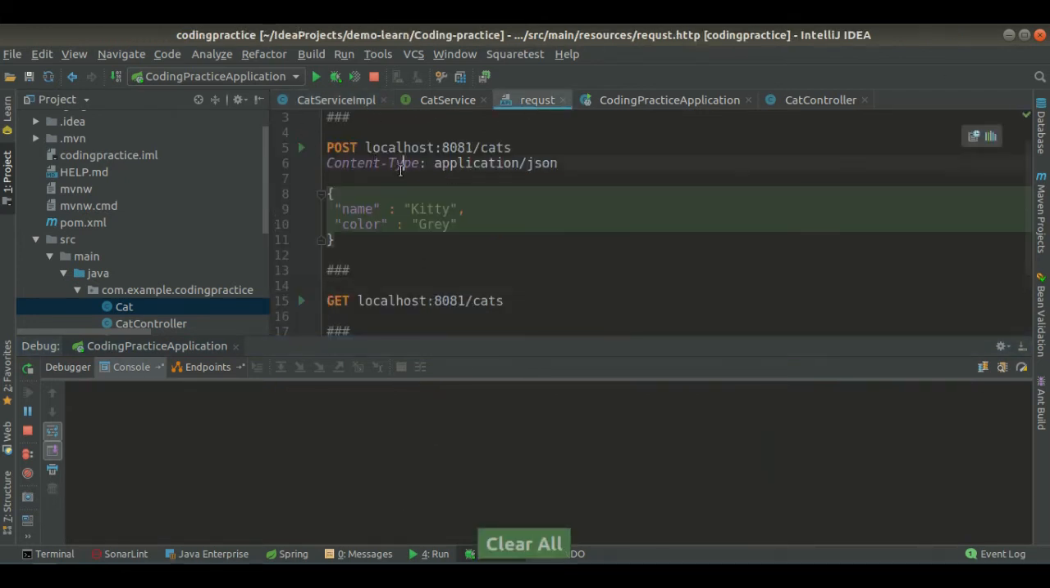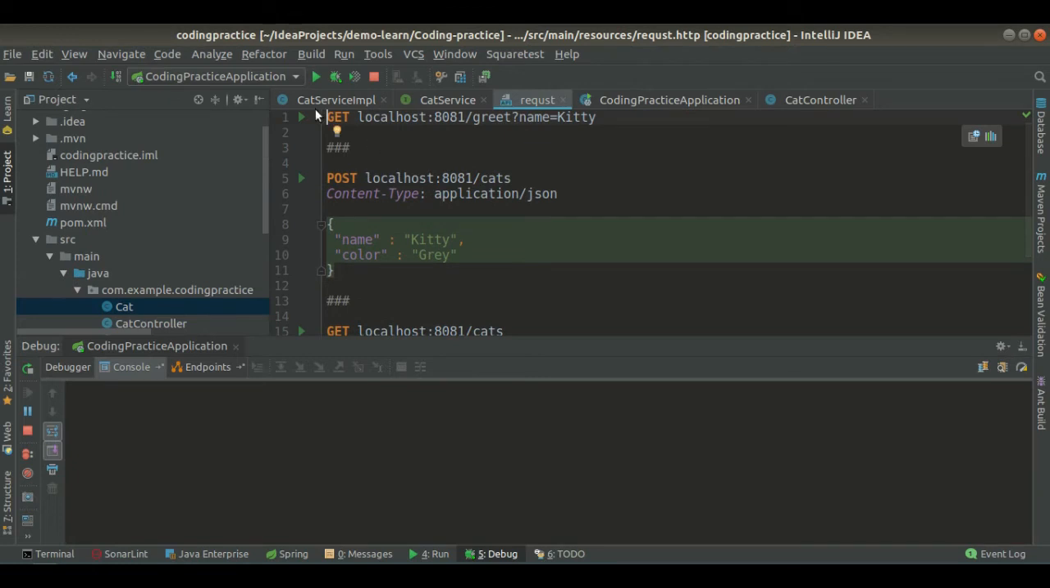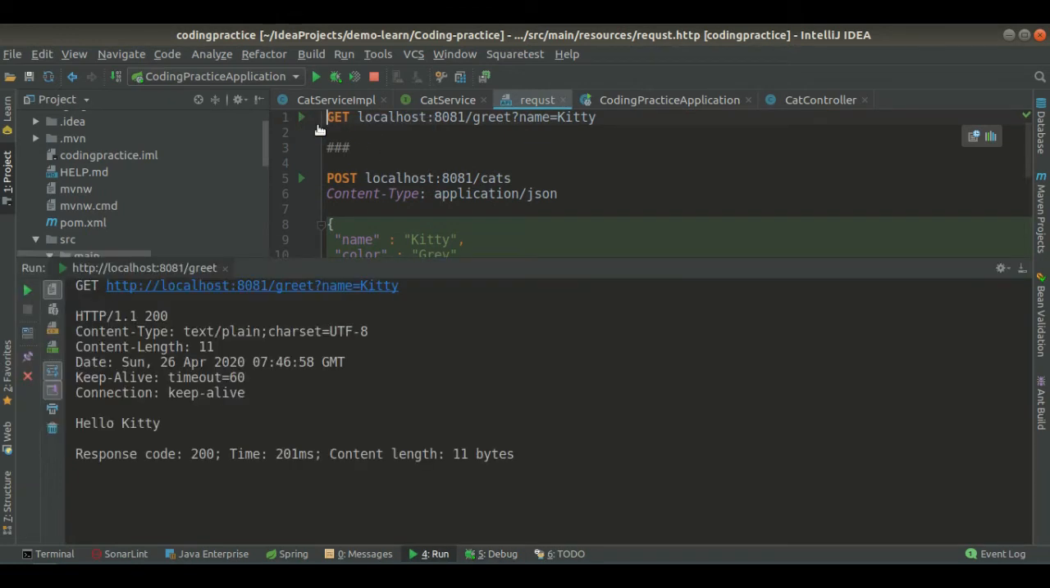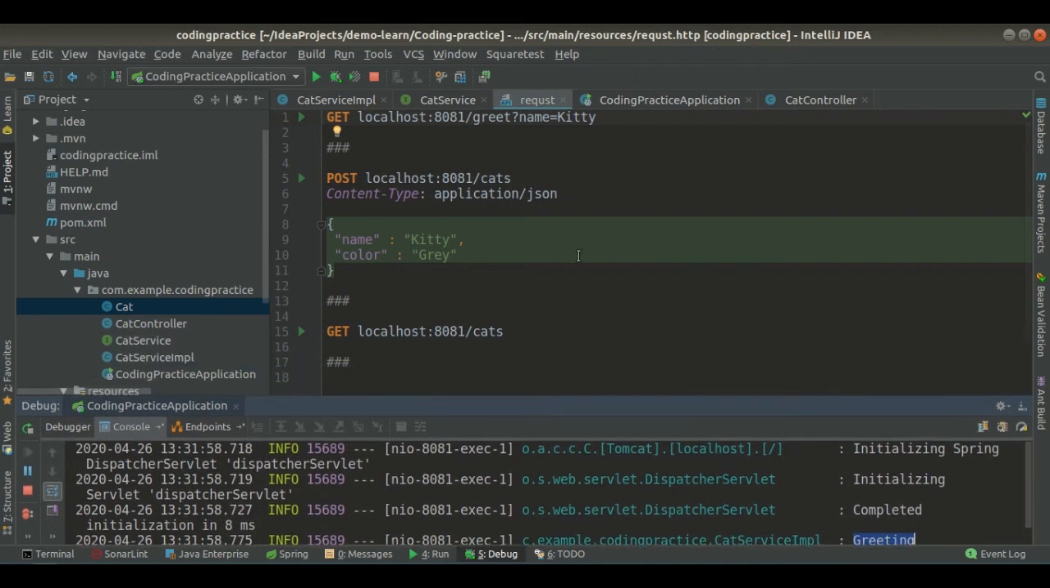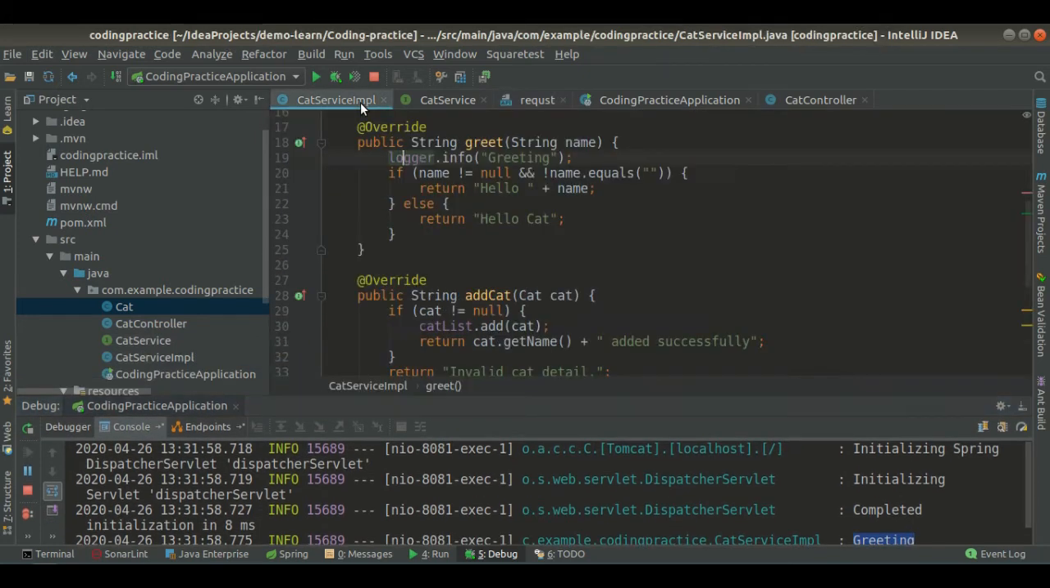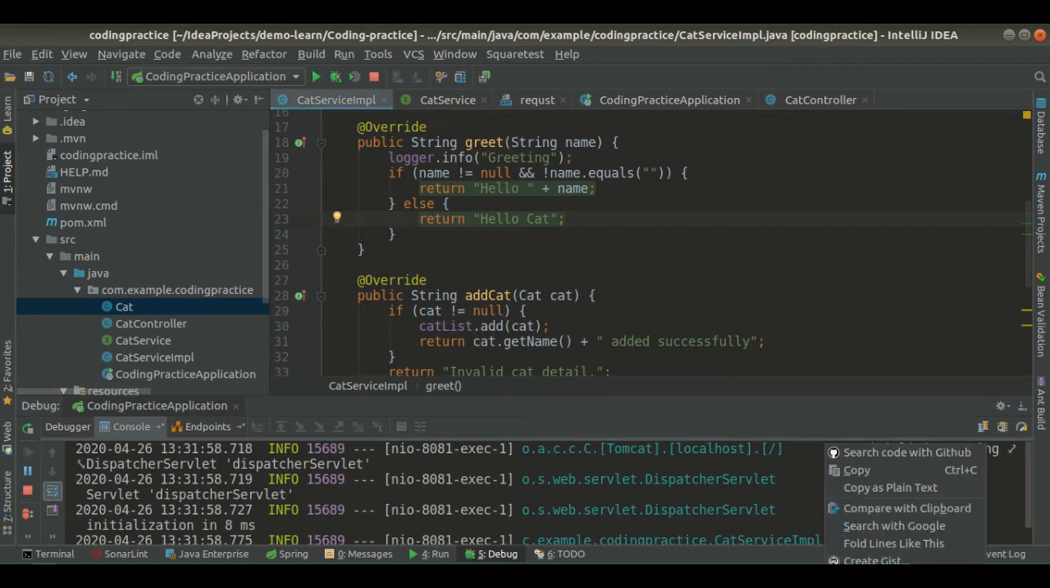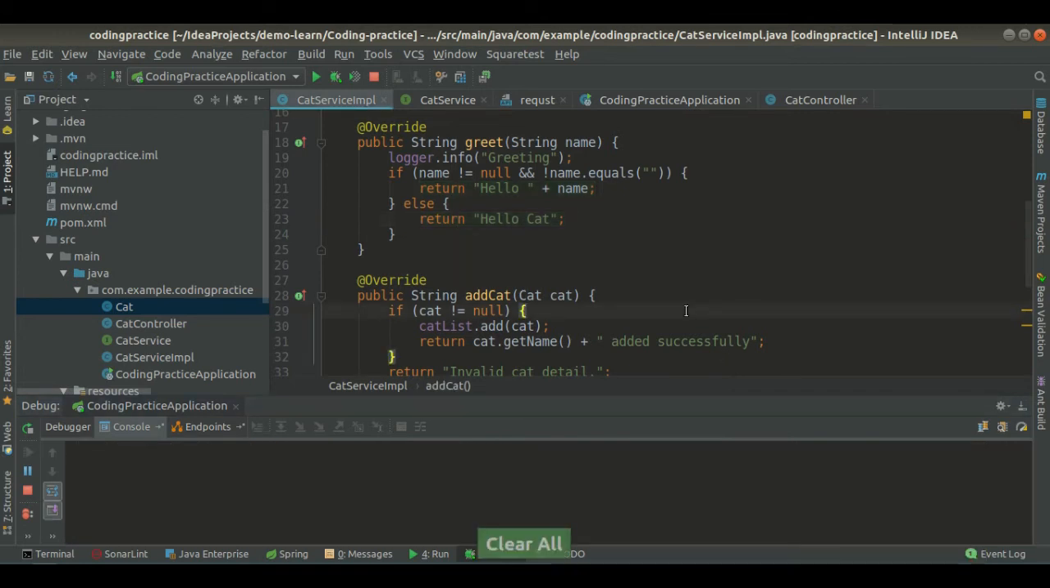And go to debug. Here we are seeing greeting, because we have added a log in our service file, so we are showing this log in our console. It is highly useful when you are debugging the error that is in the production. Through the help of log, we can also find the error in our application in the production environment and other